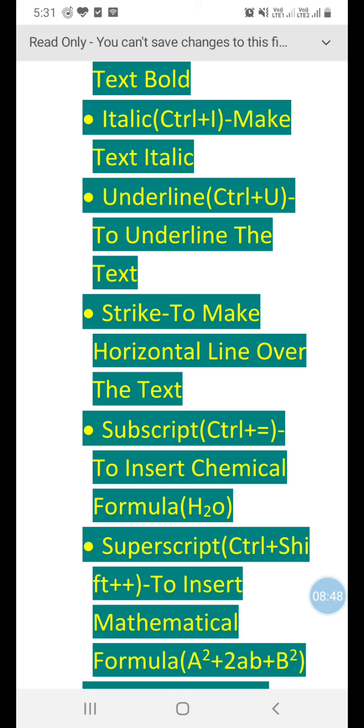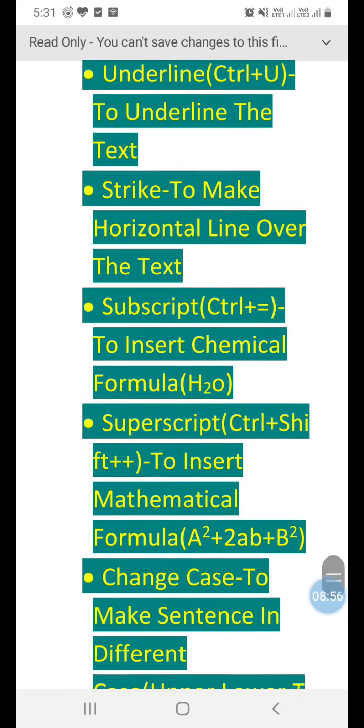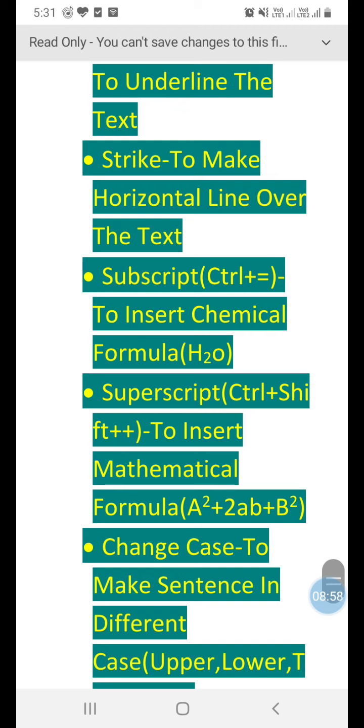The subscript is used to insert a chemical formula like H2O. For this, we can use the Ctrl plus equals shortcut. The superscript option is used to insert a mathematical formula like a square plus 2ab plus b square. Here the square should be inserted by using the superscript option.